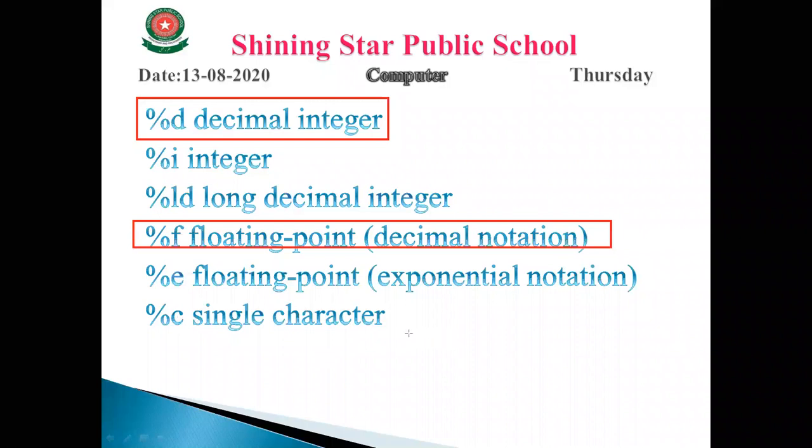These format specifiers are normally used in the C language program. We rarely use %e, %ld, %i. Okay, these three format specifiers %i, %ld are the purpose of the integer format specifier.